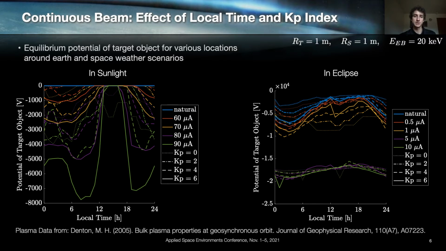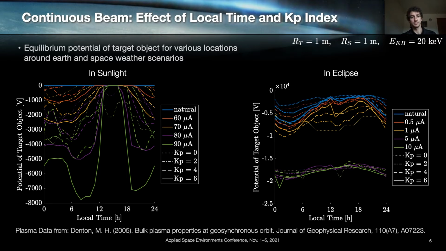The blue line corresponds to the natural electric potential of the spacecraft, which in sunlight is pretty close to zero. The other colors of the lines correspond to different electron beam currents, and the different line types correspond to different Kp indices,